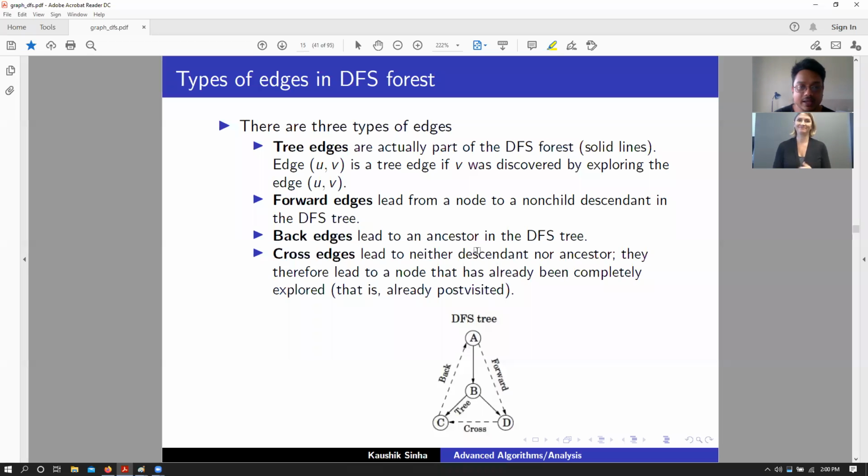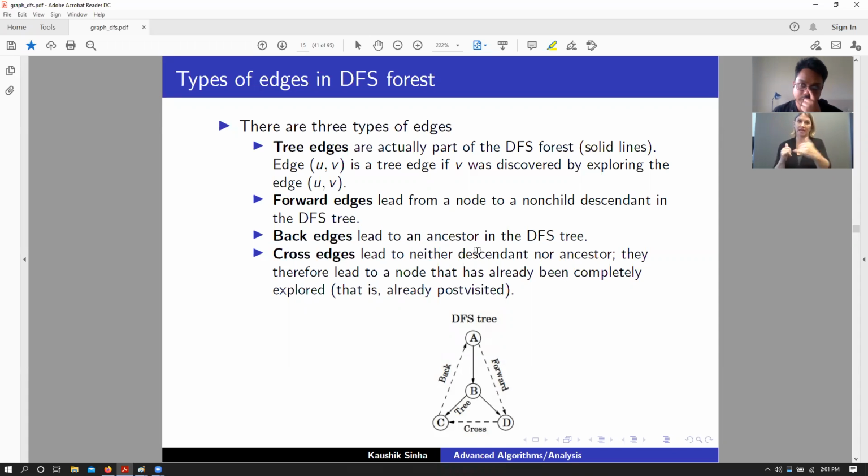Okay, so last time we left off talking about different types of edges. We talked about four major types of edges: tree edges, forward edges, back edges, and cross edges. Tree edges are the edges that end up being part of your DFS tree. So when you're searching through a graph, the edges that you use for exploring the entire vertex space are considered tree edges.